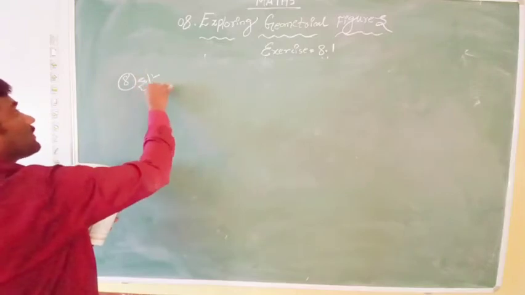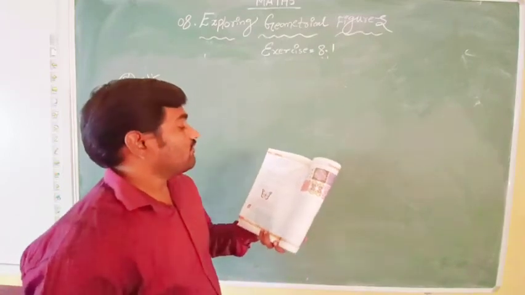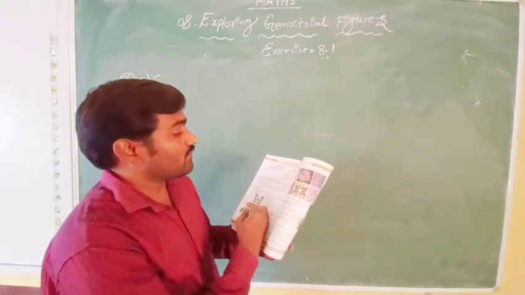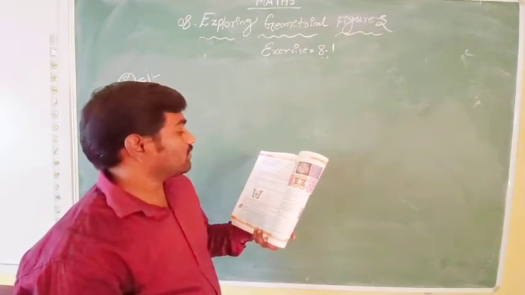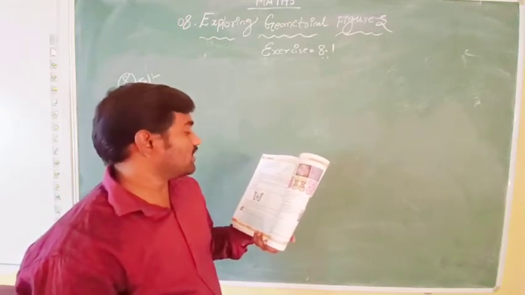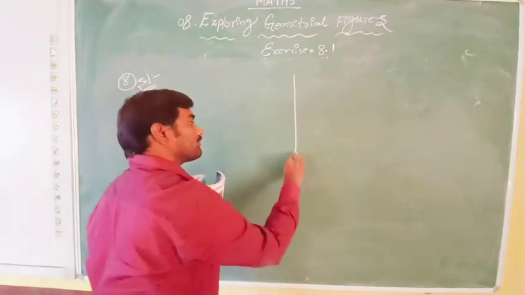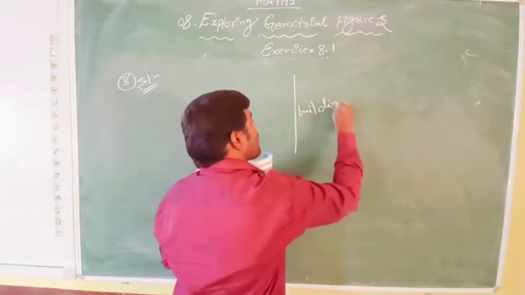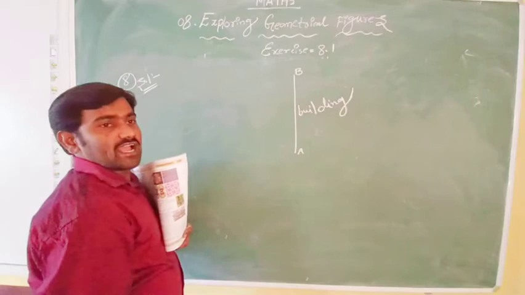Look at the 8th solution. Sudha is standing 5 meters apart from a vertical pole of height 3 meters. She observed behind the pillar and found that the tip of the pillar is lying in line with the top of the building. The distance between the pillar and building is 10 meters. Estimate the height of the building. So here there is a building. Let us name this building AB. We need to find the height of this building actually.